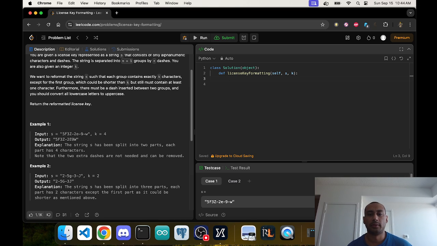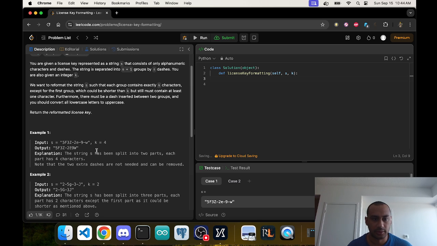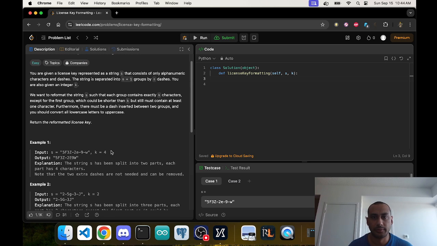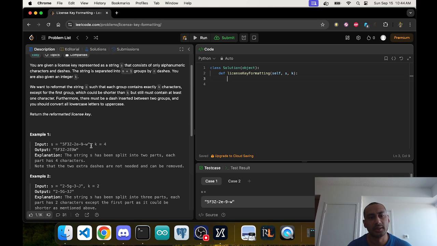So first I want to figure out what k is. All you've got to do for this question, I guess, is remove as many dashes as you want. You have to match the number of k's. So the string gets split on the dash, and then I'll put that into